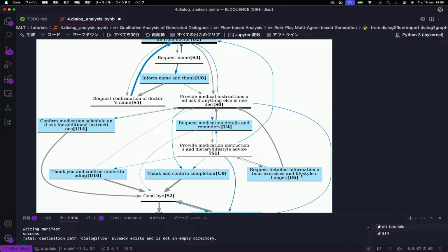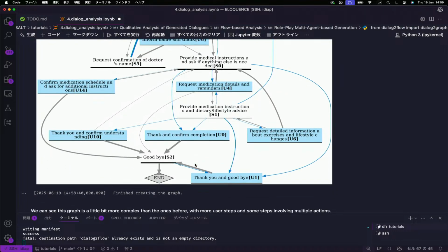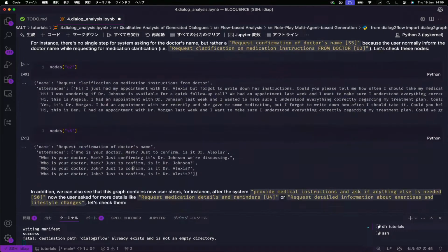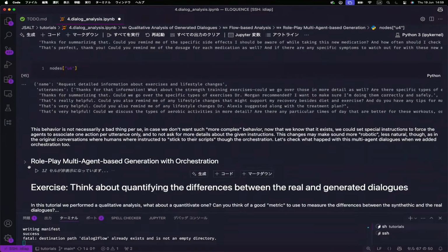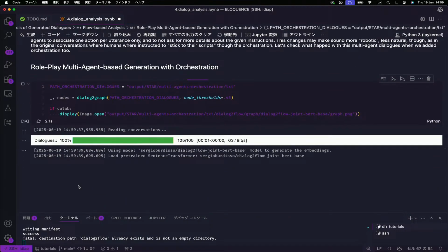It's like the model has more freedom. Since it is not being orchestrated, it has more freedom. So it's generating something that maybe is more realistic, but it's less attached to the actual diagram that is the ground truth diagram. This is not necessarily a bad thing. So here the conclusion is that maybe that's okay, but in this case, we want it to be more strict. So if we check the last one, which is multi-agent, but with orchestration,